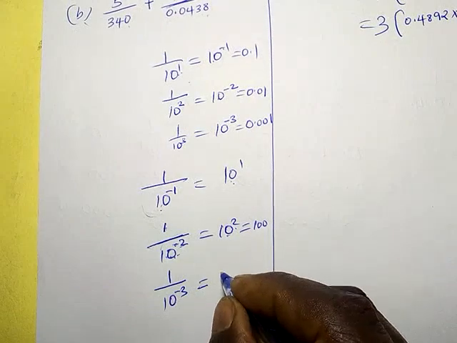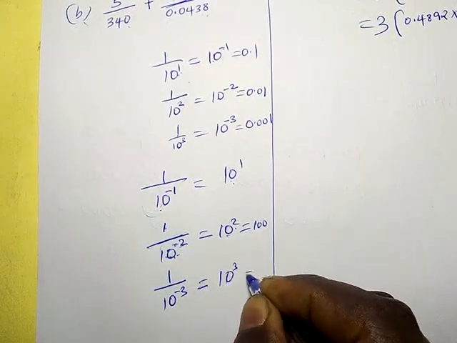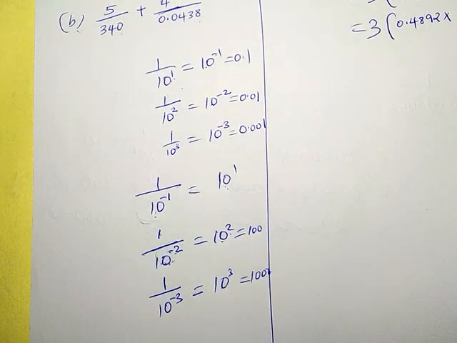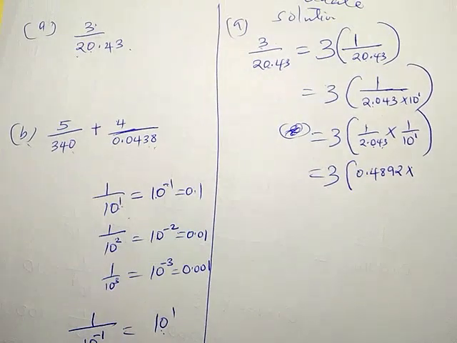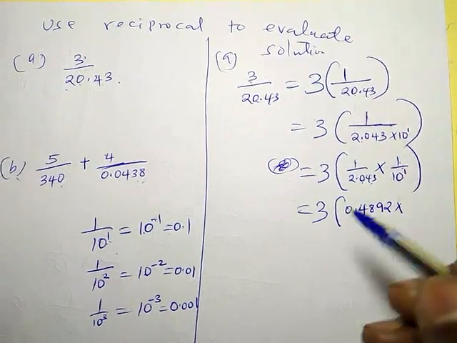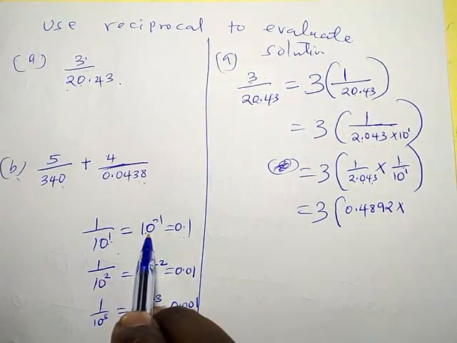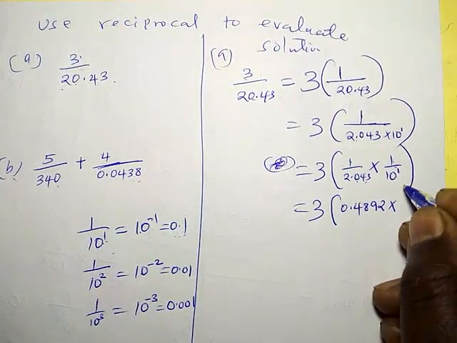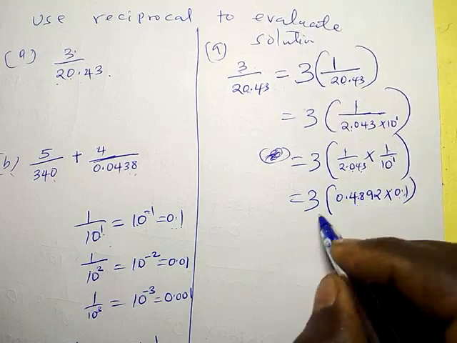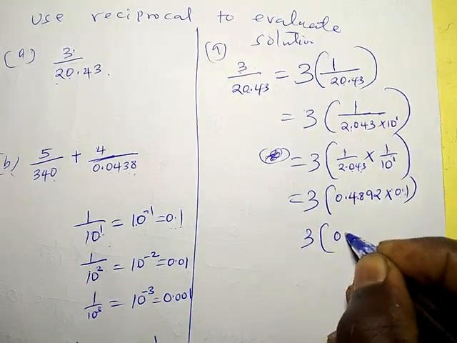What is that? It is 10 raised to power 3, the reciprocal, which is equal to 1,000. This one you must master for you to get the marks in reciprocals. Therefore, immediately I see this, I know the reciprocal 1 over this is 0.1. It is this. So, times 0.1. So 0.1 times this one, it gives me 3 into